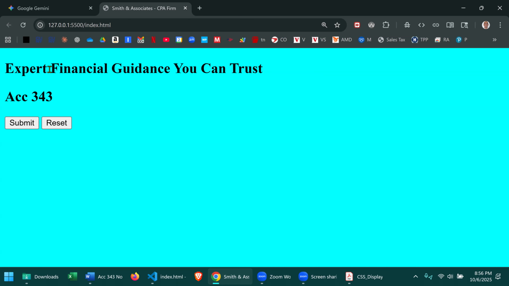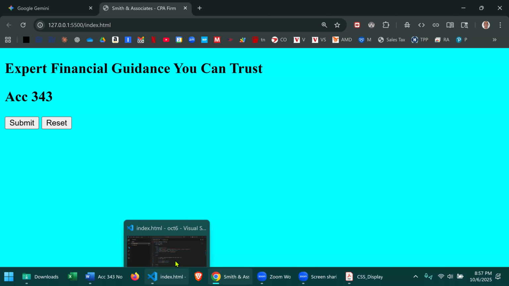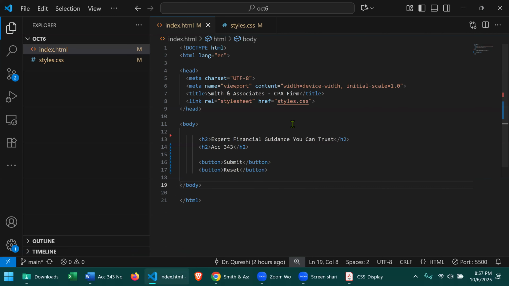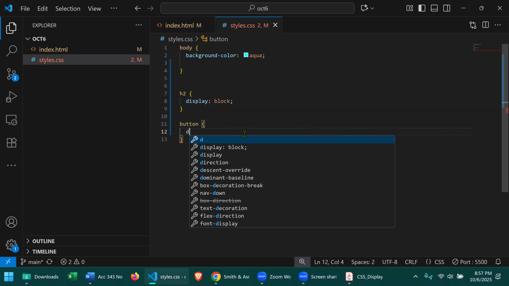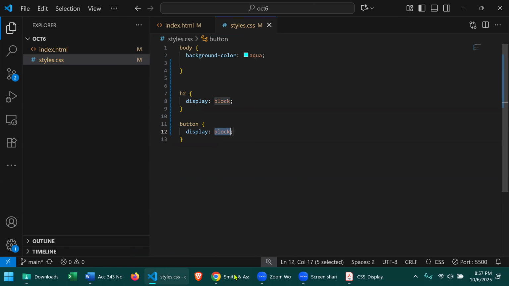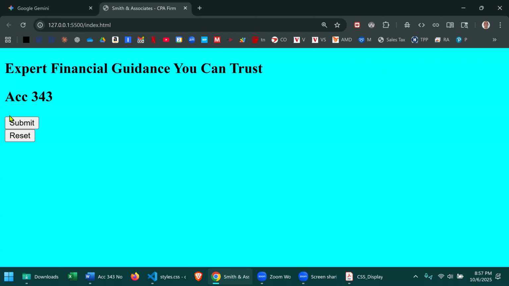So for the buttons, if I go in to my styles, I'm going to take the button, and I want to change the display to block. It's not going to do anything because buttons are inline. So yeah, this is going to end up changing the display. So let's go back in, and you can see by doing block, I'm saying it takes up the whole block, not inline. And if I made the buttons inline,